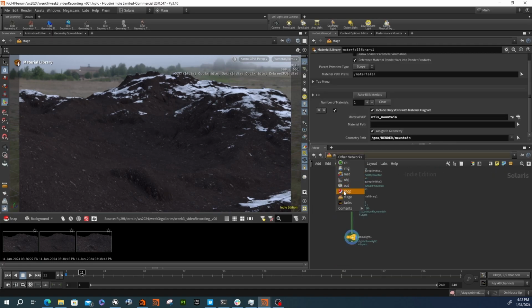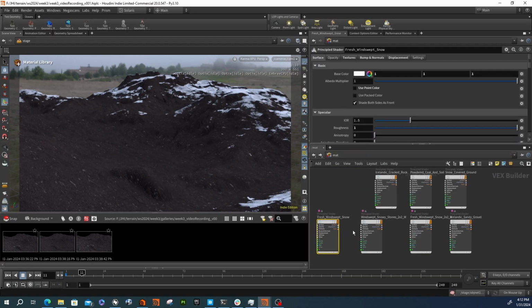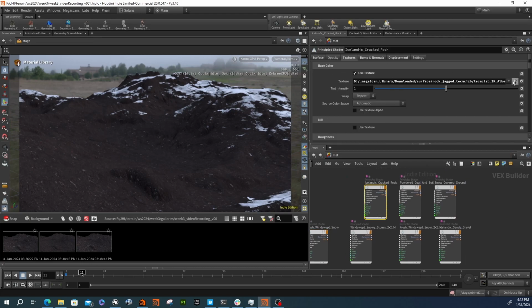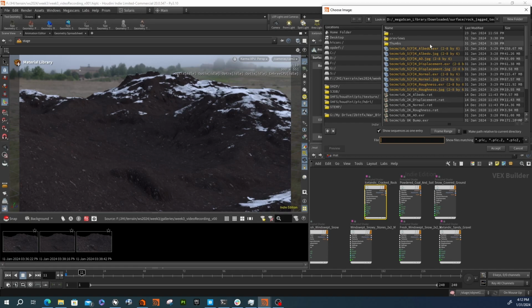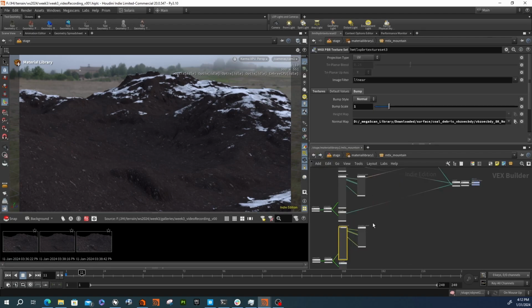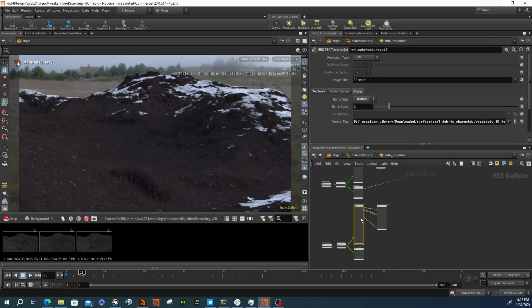I'm going to jump back out to my material network, and on this, I wanted this Icelandic cracked rock, and we should see that now I've got 8K. That's why it looks like that, which is great. So I'm going to cancel, and I'm just going to grab everything before that 2K, and I'm going to copy, and I'm going to jump back over to my mountain material, come to this fun friend here. Sure, we'll start here, paste